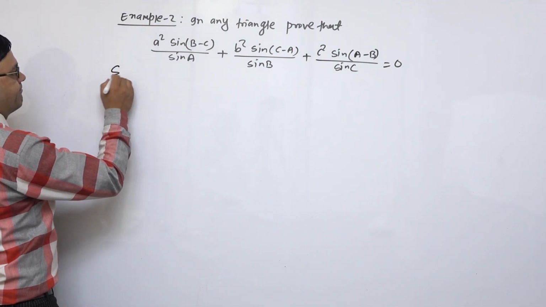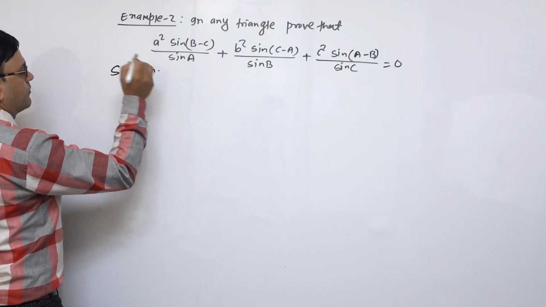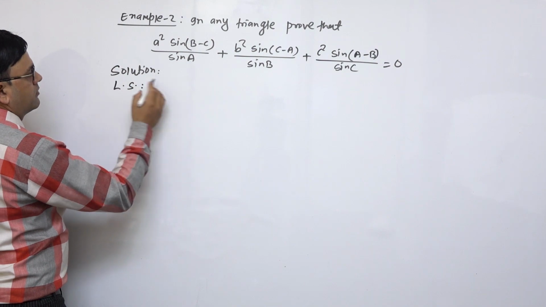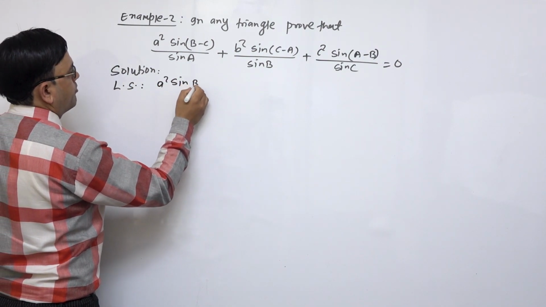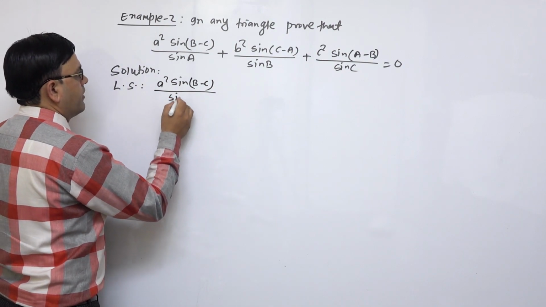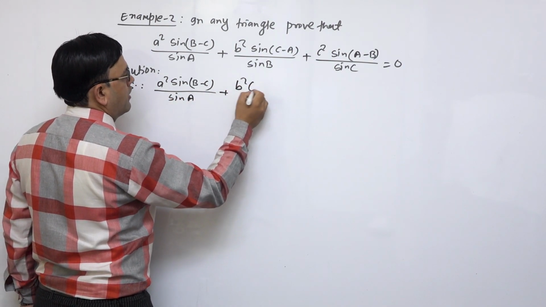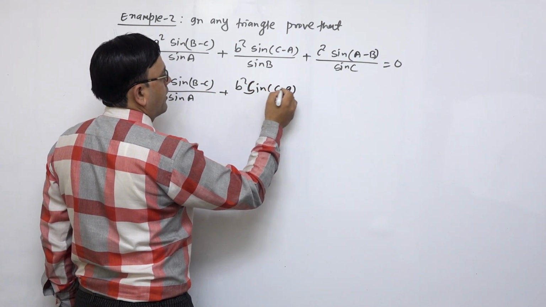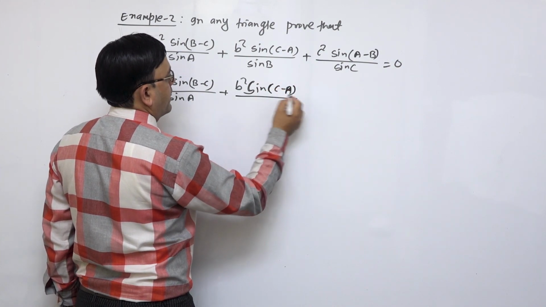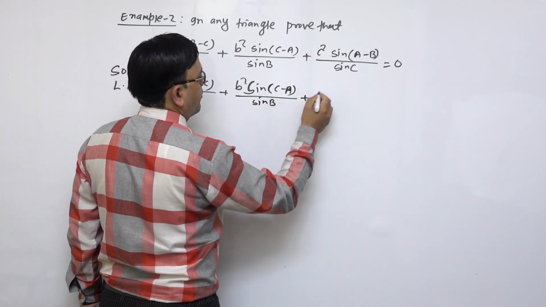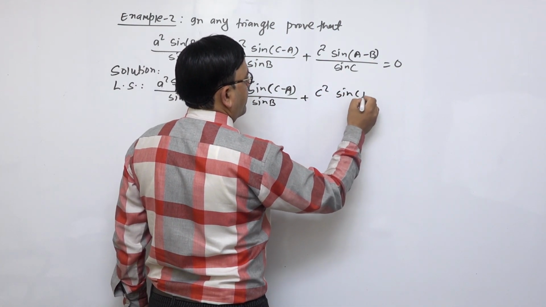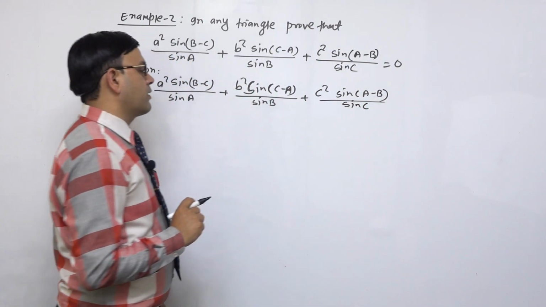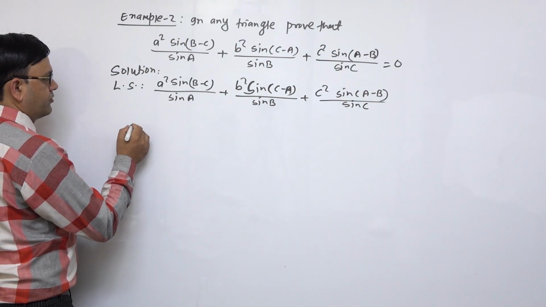Now solution. Taking LHS, the left side, we have a square sin(b minus c) by sin a plus b square sin(c minus a) by sin b plus c square sin(a minus b) by sin c. This is the part of our LHS. This is equal to